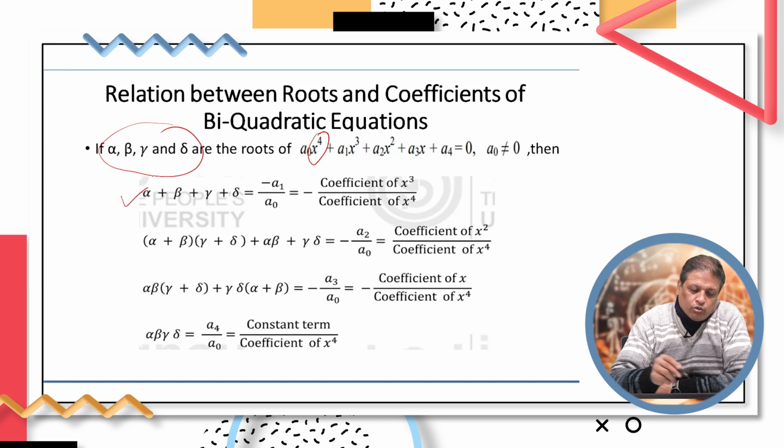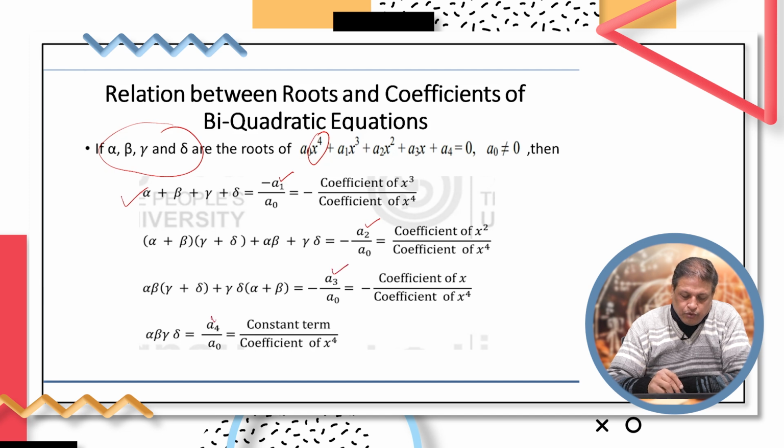Now, the sum of the roots alpha plus beta plus gamma plus delta again follows the same thing. Now, in this case you are supposed to take first a1, then a2, then a3 and then a4. So, the numerator values are 1, 2, 3, 4 and the denominator is constantly a naught,